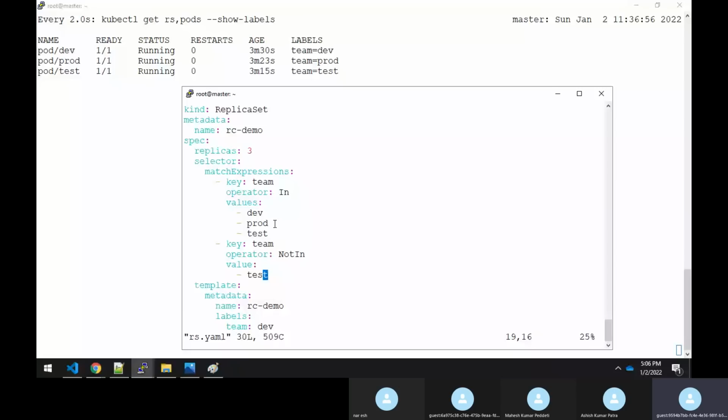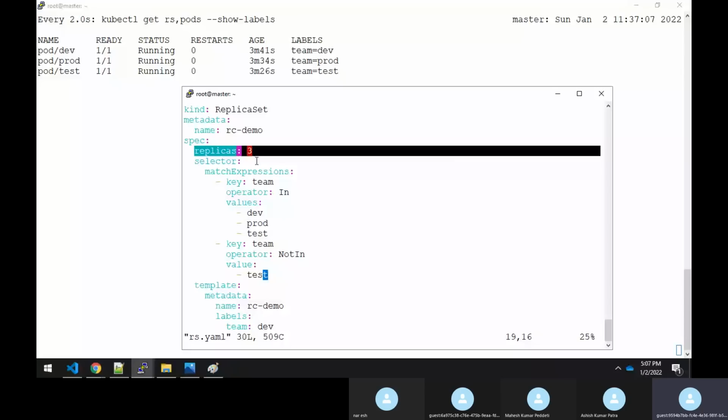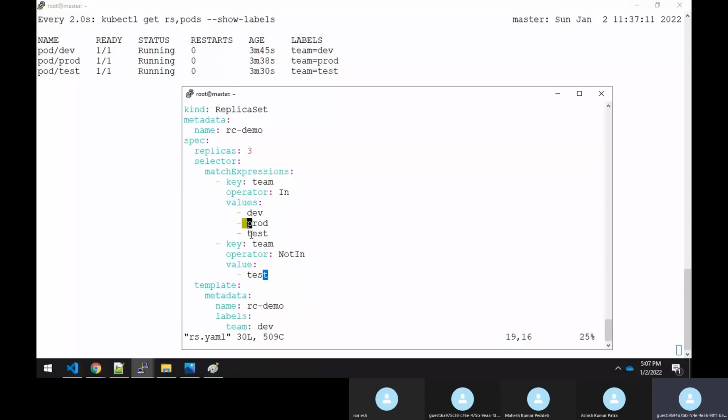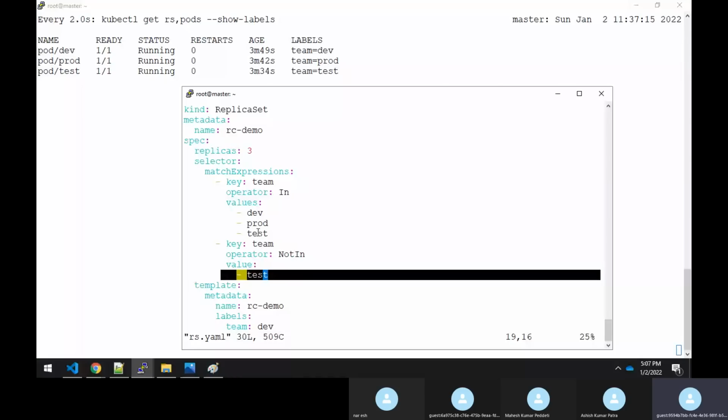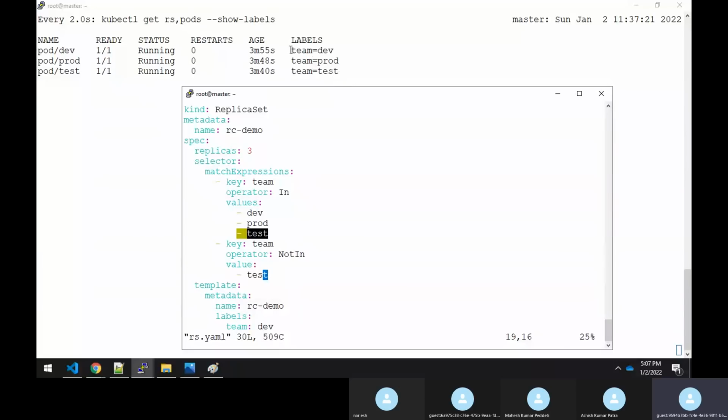Now here in this case, I have mentioned the replicas as 3, and it means that I want 3 pods. The label will have dev, prod, and test, but in the not in operator, you have mentioned test. It means that you're excluding the test label. Now you could see that these 3 pods are already running: team is equal to dev, team is equal to prod, and team is equal to test.